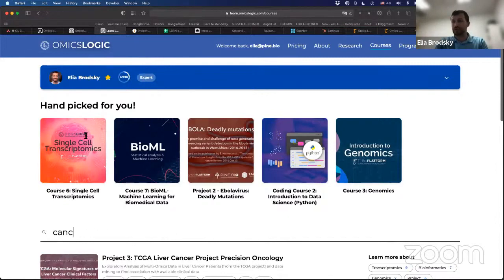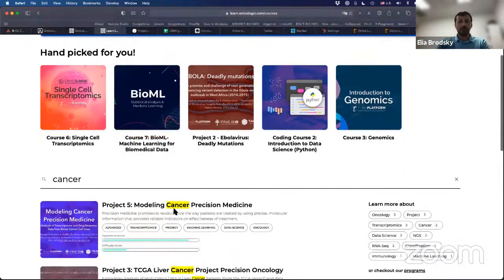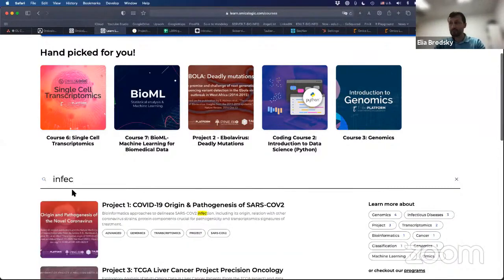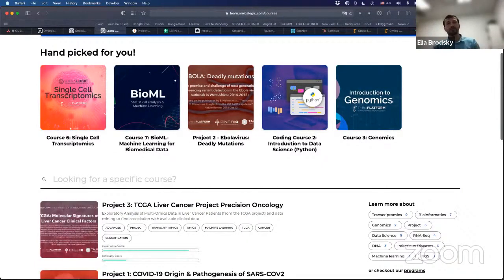And these include examples in cancer. They include different types of data from cell lines, from animal models, as well as from patients. That also includes some clinical information. You can also look for infectious diseases, where you will find information on COVID-19, Ebola virus, and others. You will be able to find many other types of examples that include agriculture, biotechnology, neuroscience, and many other examples. But beyond that, all of the methods and all of your activity on the site is geared towards allowing you